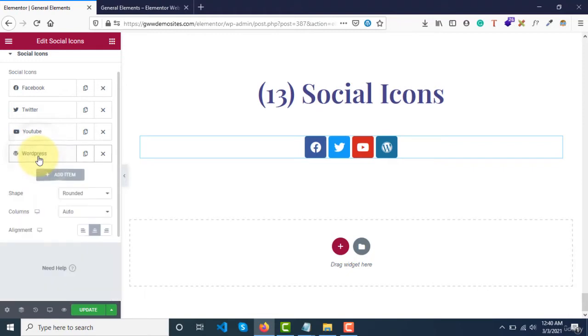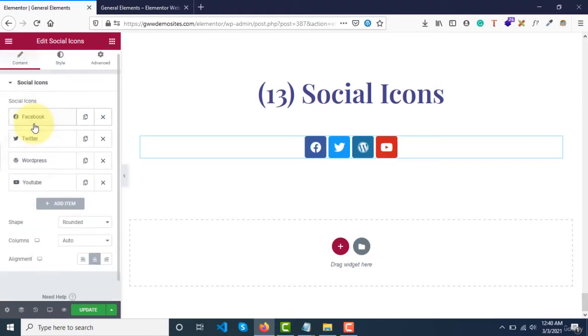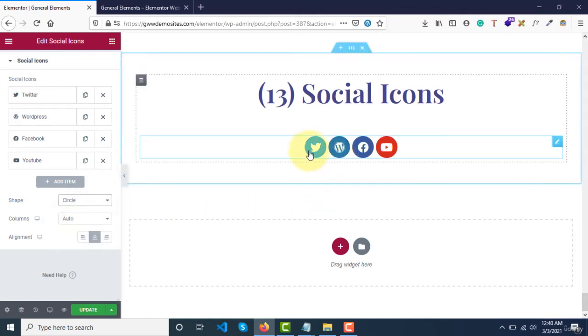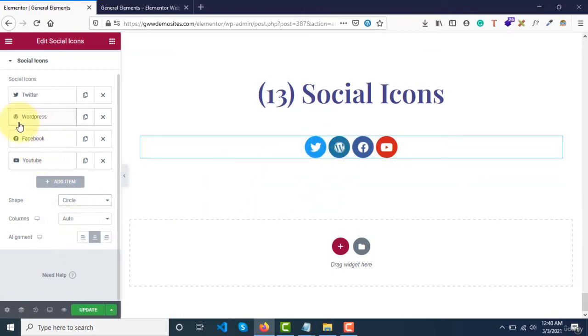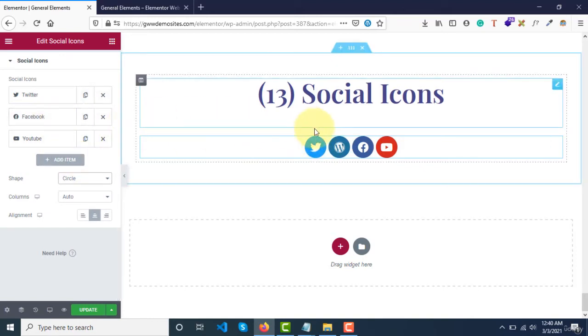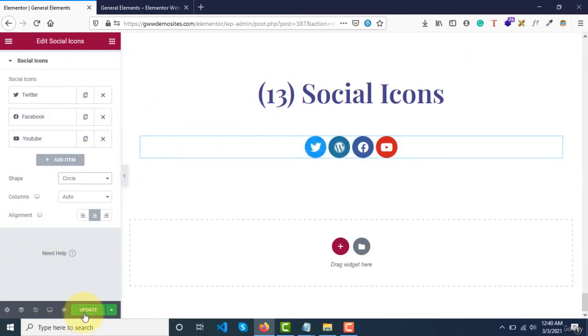As we saw earlier, you can easily shuffle it and tweak the sequence, and then you have this option called shape. You can select rounded, square, or circle. Generally this is preferred. Let me remove this WordPress icon. We are good with 3. Let me click on update and see,